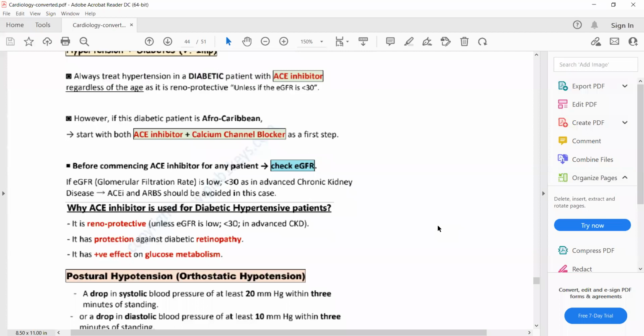So as we have discussed before, the first line drug to treat hypertension in diabetics of any age is ACE inhibitors. But remember that there's a contraindication of ACE inhibitors and ARB